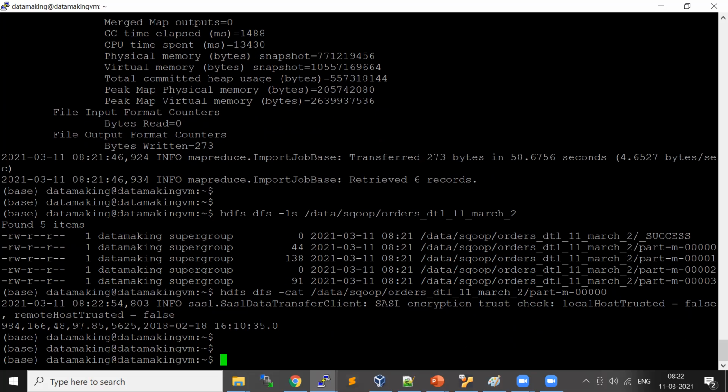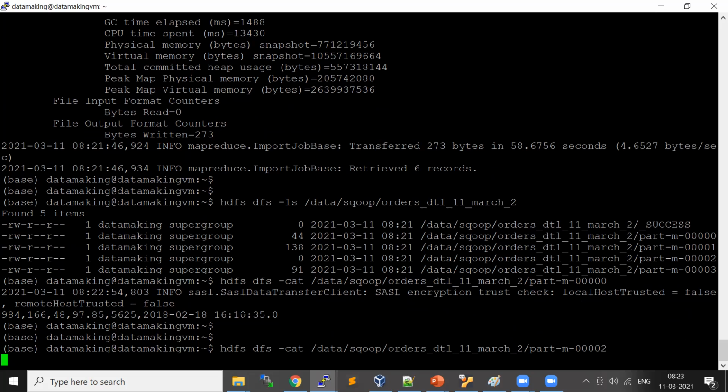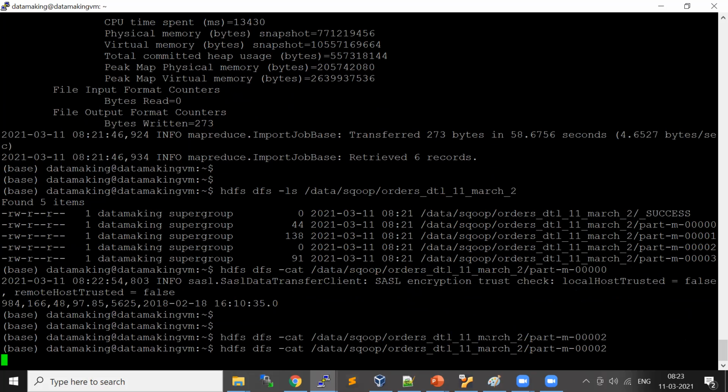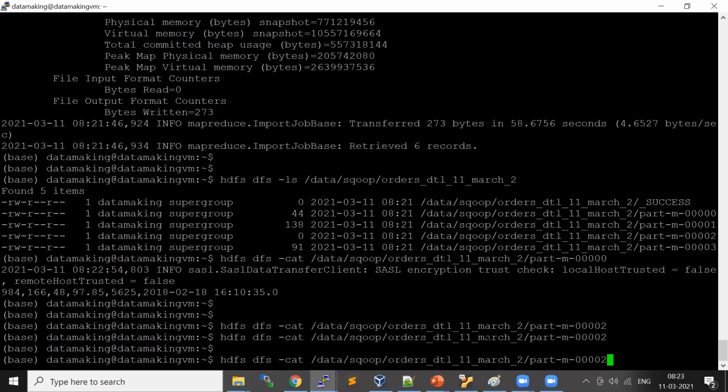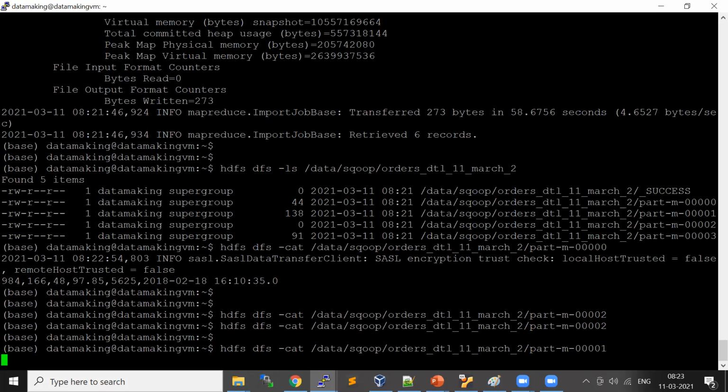This has only one record, taken for map task 2. Sorry, map task 3, the ID is 2, does not have any rows. And the map task 2, which is the ID 1, will have many rows.